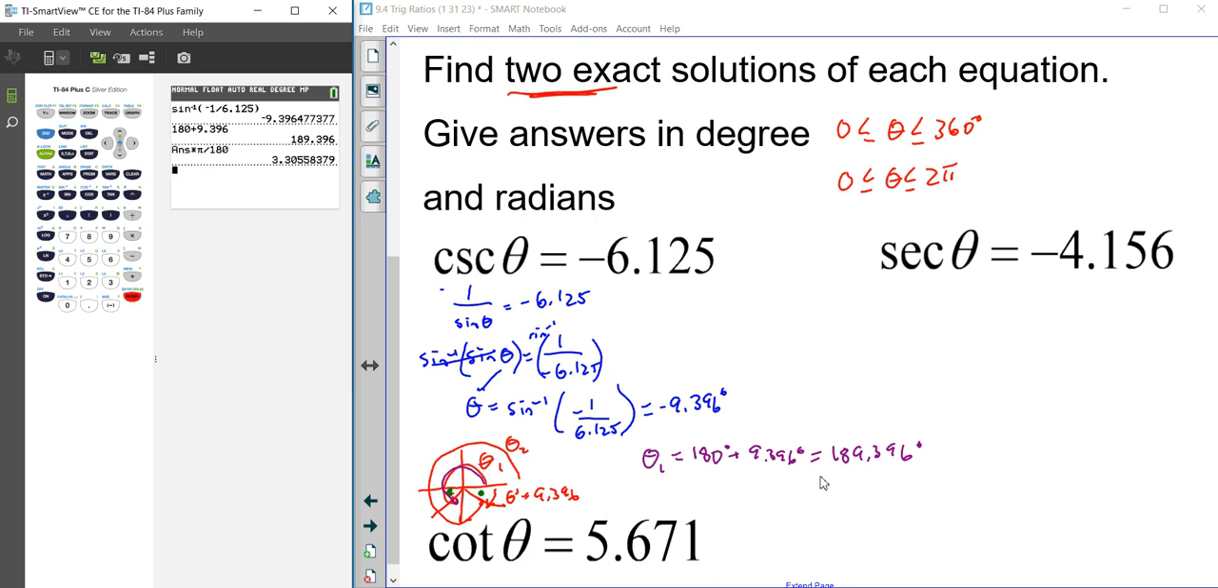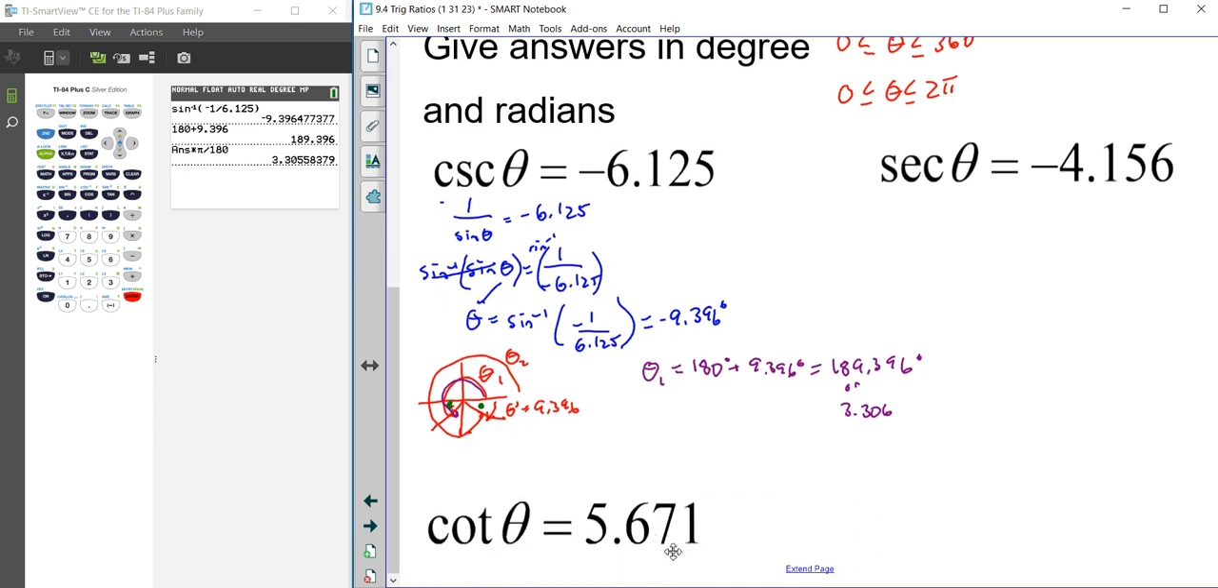And our radian measure is going to be approximately 3.306, okay? And that is in radians. Next thing is we want to figure out what is our second angle. I'm going to push that down a little bit more. Okay, and so our second angle,